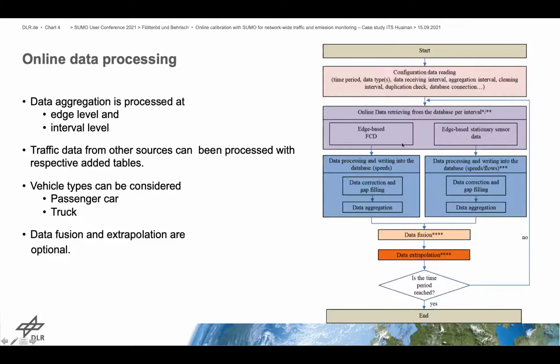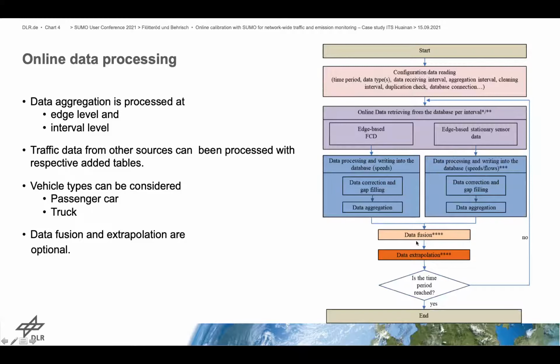They will be processed separately. Regarding the data aggregation, data is processed at edge and interval level. A data quality value will also be calculated, according to, for example, the raw data's existence. Moreover, two vehicle types, passenger cars and trucks, can be considered here.